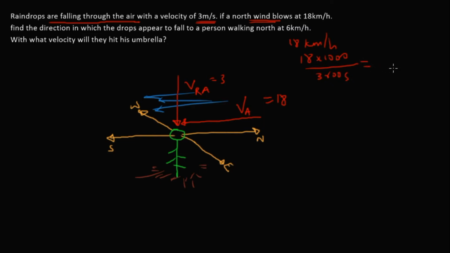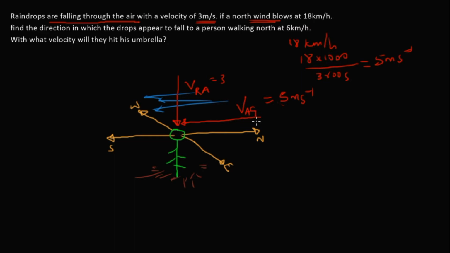So if you do this correctly, you should have 5 meters per second. So instead of 18, we are working with meters per second. Then we should have the velocity of the air as 5 meters per second. And don't forget that the velocity of the air, since it is given as the velocity of the air, is the same as the velocity of the air relative